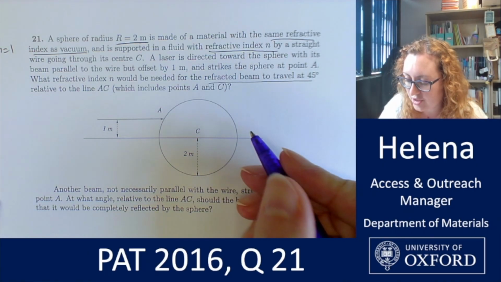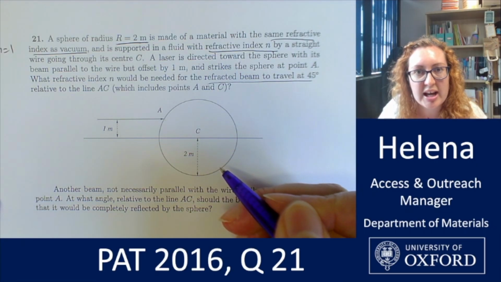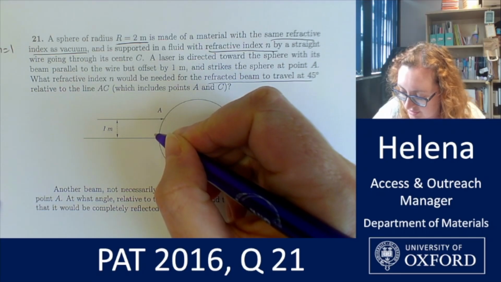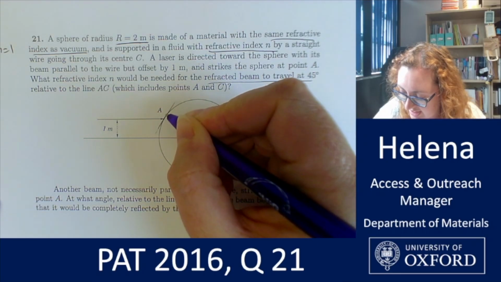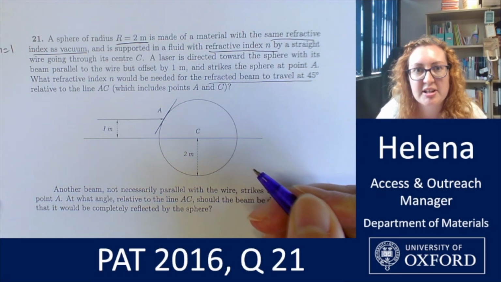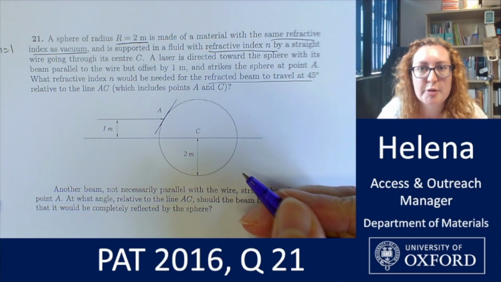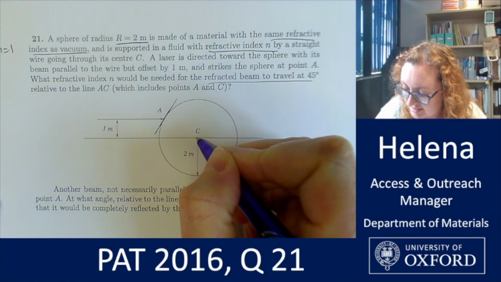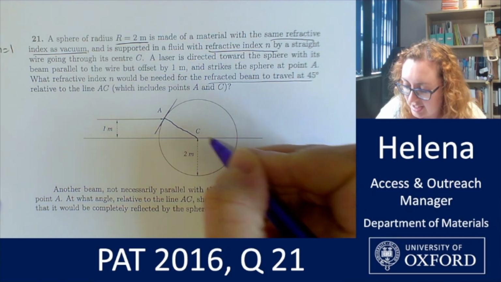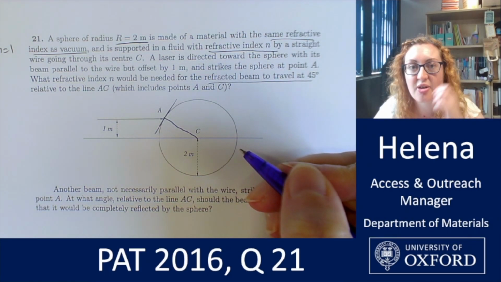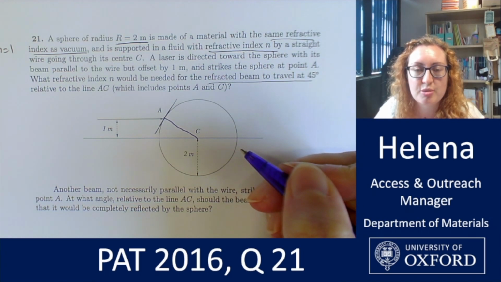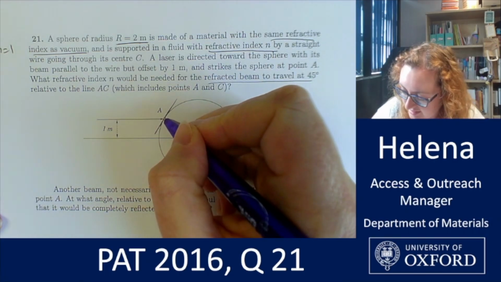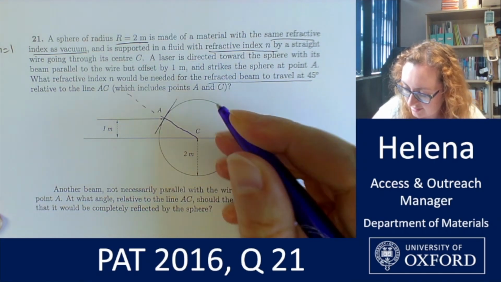So in order to set that up, let's think about the angles that we have going on here. This laser is being shone at the surface, so let's draw a tangent to the surface, sort of faintly here, so we can imagine it as some nice straight lines. We also need to think about the normal to that surface, and that is actually the same as the line AC, because that is a radius of the circle. The radius will be at a normal to tangents of the circle edge. So we have our normal line here,